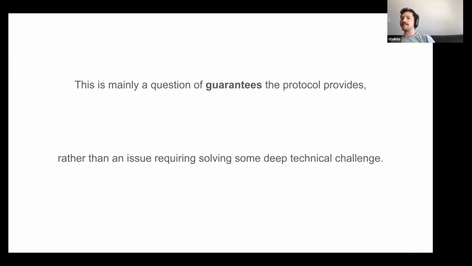So a lot of writing this EIP was basically to start this conversation. I'll summarize some of this later on in the talk, but I think that's where we've gotten to: right now we're still just gathering input from all the different community members, because this is a core guarantee the protocol provides, and it touches so many different actors in the ecosystem. So hopefully we can align them all one day and do something here. But in the meantime, we have the EIP.